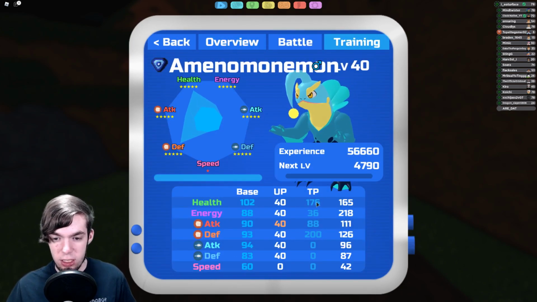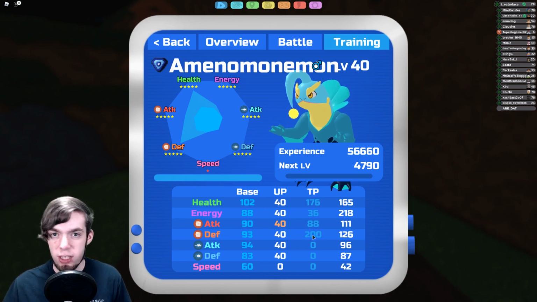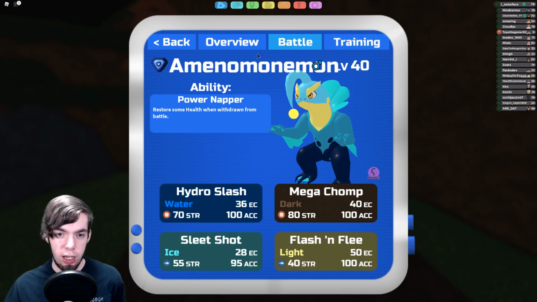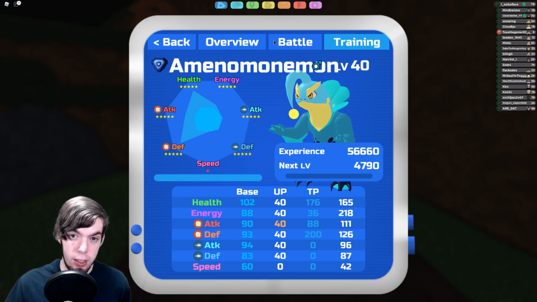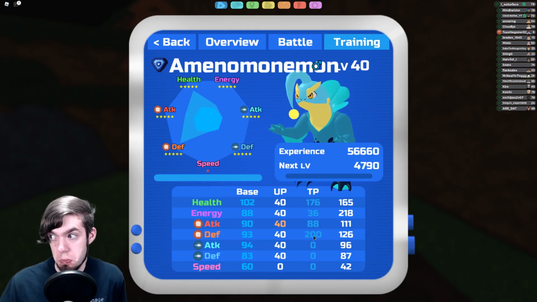TPs, 176 HP, maximizes Power Napper. 200 defense, max defense, I mean, pretty obvious. 88 attack. Actually, 36 energy. I had this written down somewhere, but I've forgotten since then. But it works with these moves, so...